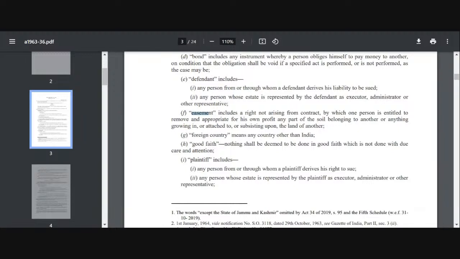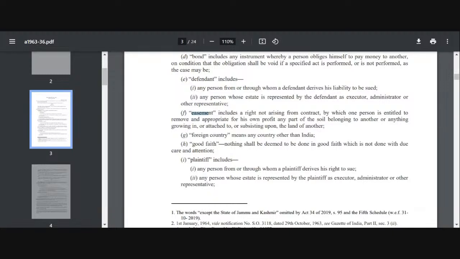drawing of water, fishing, not over my land. Of course, you're not getting a right over my land or that pond, but you are getting a right to draw water, or fishing rights from that pond, because you have been continuously doing that for a very long period. If you are doing that within that period, then you get an easementary right. We don't have a contract between us, but still you are getting that right, by which one person is entitled to remove and appropriate for his profit